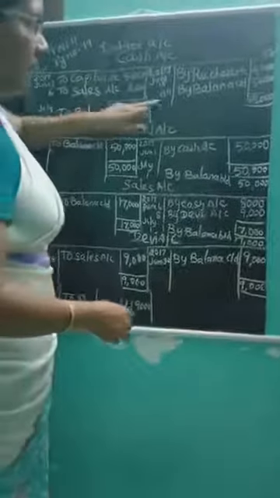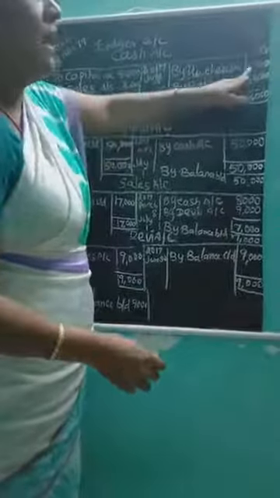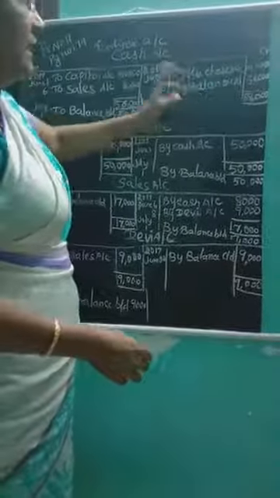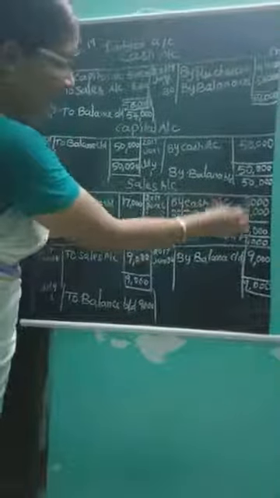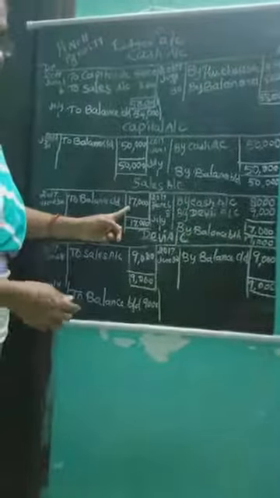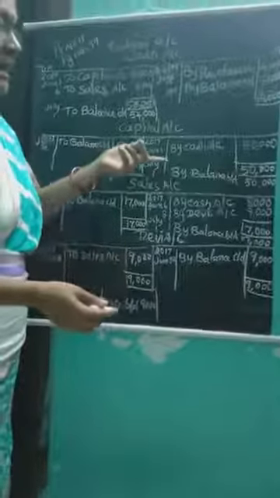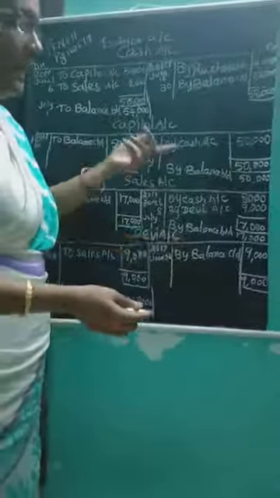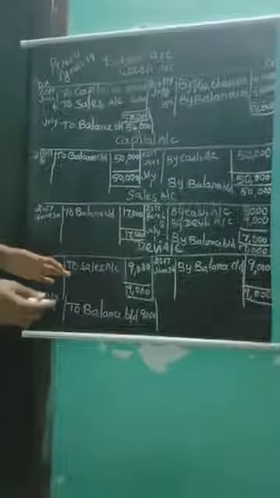Here 58,000. Here already 4,000 is there. We have subtracted 4,000 from 58,000. 58,000 minus 4,000, 54,000. So balance is 54,000. Whereas total, if you put total here, 17,000. So that total we have written here. Why we have written like this? There must be an equal and corresponding debit. Both the debit side and the credit side must be equal, so that we have equalized the account. So by this, all the sums we have completed.